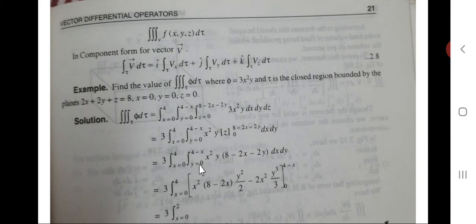which is equal to 3 into integration over x is equal to 0 to 4, integration of y is equal to 0 to 4 minus x of x square y in bracket 8 minus 2x minus 2y dx dy, which is equal to 3 into x is equal to 0 to 4 in bracket x square in bracket 8 minus 2x y square by 2 minus 2x square y cube by 3, from 0 to 4 minus x, which is equal to 3 into integration of x is equal to 0 to